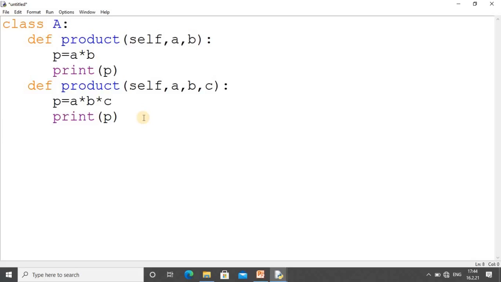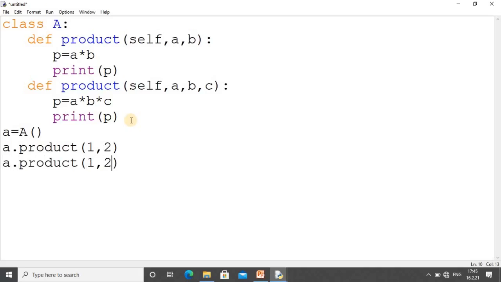After that we will take one object. My object is simply A, and this is the object of class A. Got it? Now here I will write A dot product. We have to pass two values here. I will take simple values for your understanding, and then you have to write A dot product again. We have to pass how many values? Simply three values. So you see, be careful here. You have to use that product function: here we have to use two values and here three. Now we just run this code,